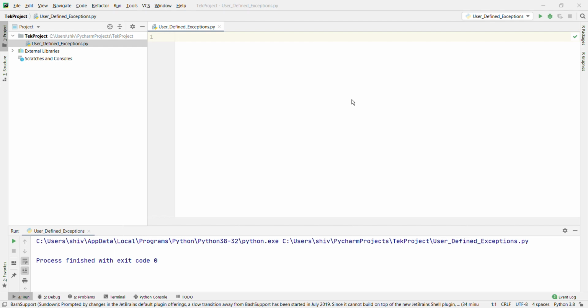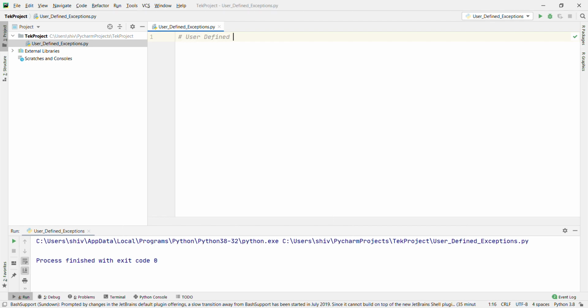Python throws errors and exceptions when there is code gone wrong, which may cause the program to stop abruptly. Python also provides an exception handling method with the help of try except. Some of the standard exceptions which are most frequent include index error, import error, IO error, zero division error, type error and file not found error that we captured in the last video. If you didn't watch till now, then please go and watch the last video. And a user can create his own error using the exception class, right? Now we are going to show how to define a user-defined exception.